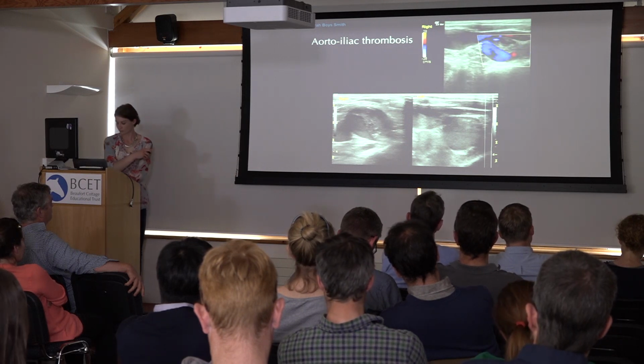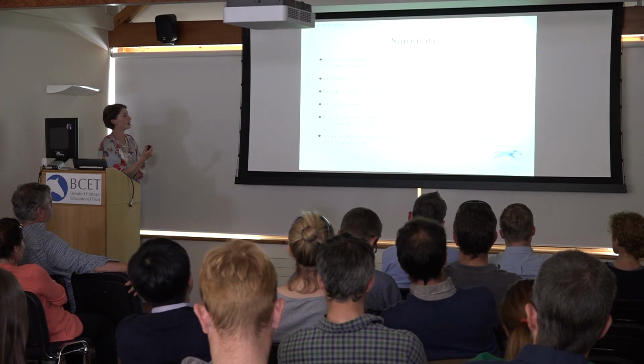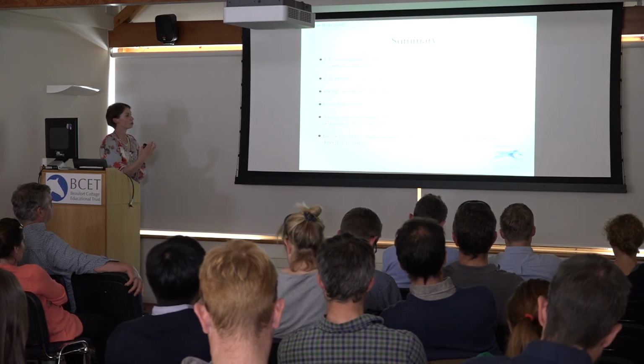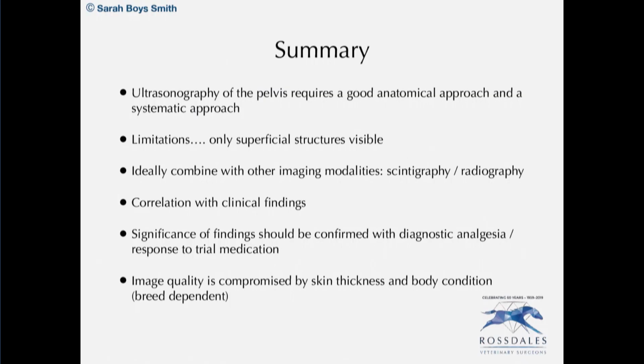So really just to summarise, I have a very anatomical approach when I'm scanning the pelvis. I like to do it very much in order so that I don't miss anything out. It is limited. We are looking at only the superficial structures, both transcutaneously as well as rectally, and it's important to combine that with other imaging modalities and definitely combine that with the clinical findings. Particularly related to the sacroiliac and lumbosacral area, we need to put the significance of the findings together with our diagnostic analgesia